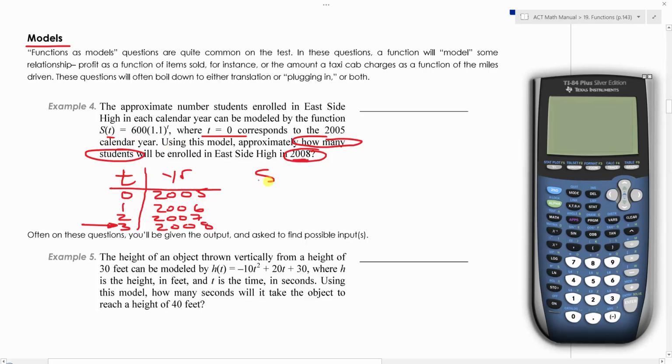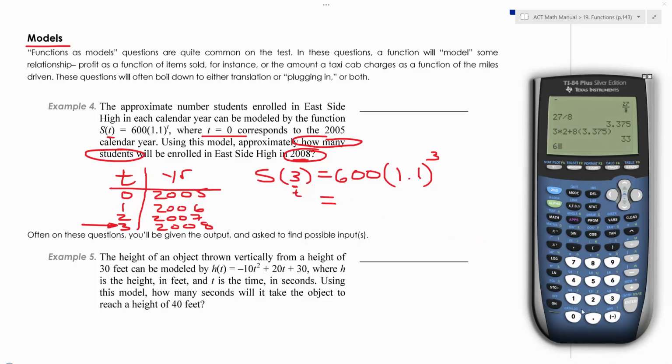So basically now what we have is s of 3, that was our t value, equals, and remember on the right hand side we are just plugging in, this is just a substitution, we're plugging in that 3 value because that was the thing in parentheses, that was the t, and we had a t up here in our exponent, so the 3 is just going in for the t, and we are going to absolutely 100% do this in the calculator. So this is going to be 600, and I can just enter this exactly as it appears, 1.1 in parentheses to the third. That was my t value, and I have